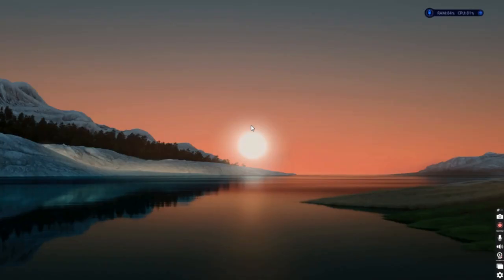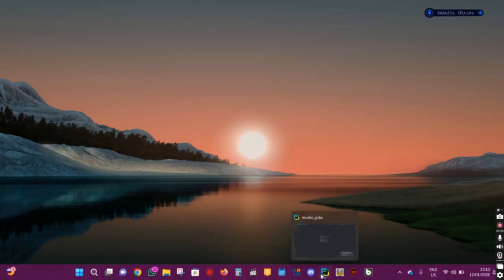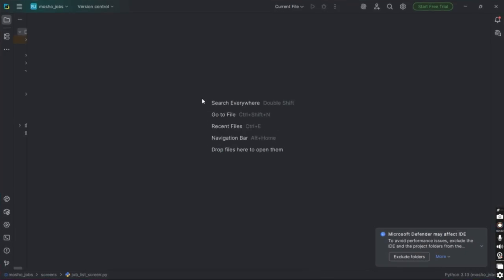Guys, today we're going to be making a random password generator with Python. It's going to be a GUI app, a graphical user interface app. So we're going to be using tkinter. So let's get started. I'm just going to open my code editor, which in my case is